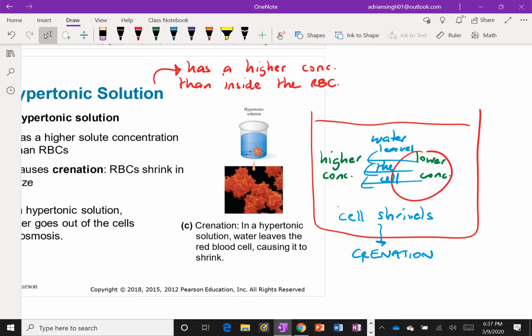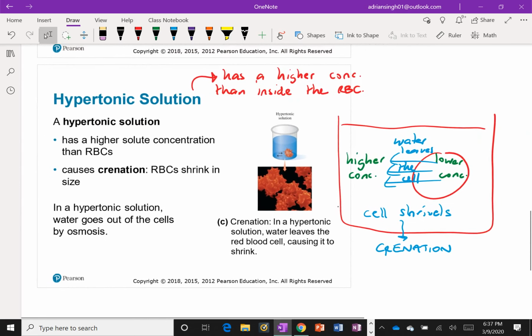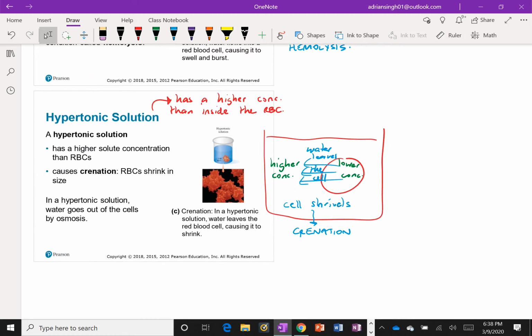So we should try to aim to keep isotonic blood. It's not something that you can actively think about doing, like today I'm going to work on keeping my blood isotonic. No, it's just something that your body does naturally to ensure its survival. There are all sorts of mechanisms that your body has in place to make sure that homeostasis is sort of an underlying theme. Okay, so that brings us to the end of this chapter, which is